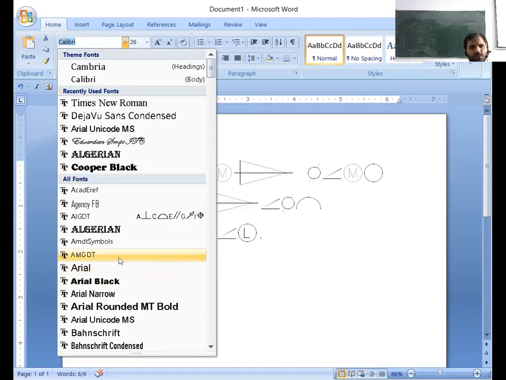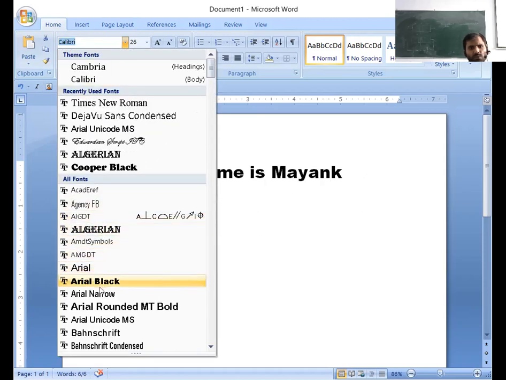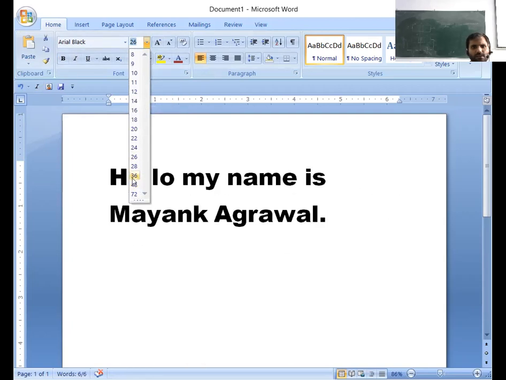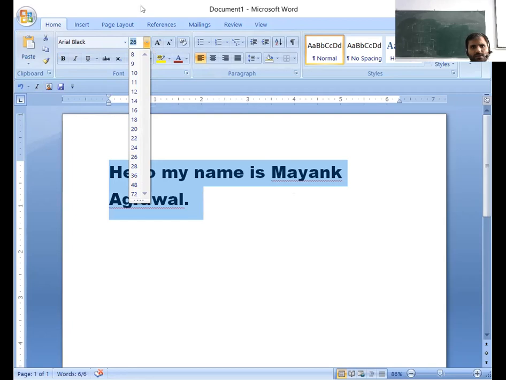Like if I want to use a bold font, I'm going to choose Arial Black. So you can see the font face is bold, and now if I want to increase the font size, then I have to choose the font size option, and choose a value that will increase the size of my font.